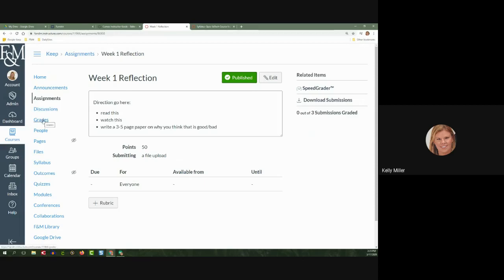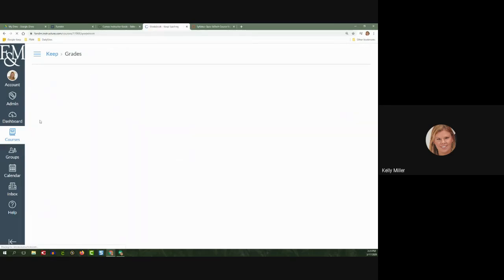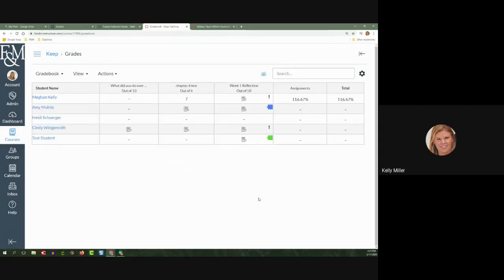So I'm actually going to click on Grades from the Canvas menu over here, Grades. And my initial view is going to be the spreadsheet type view, okay? So here is that week 1 reflection that we just did. You can see my student, Amy, submitted. You can see the test student, which was me, submitted. Because we have color-coded icons, Turnitin has already completed the process for our 2 papers. Cindy and Megan have exclamation points instead of the colors, which means Turnitin hasn't finished processing yet,